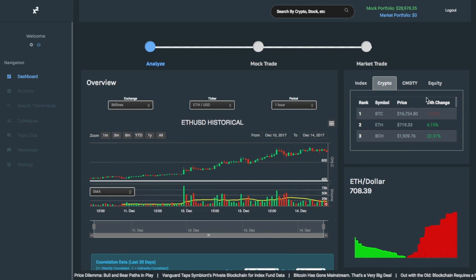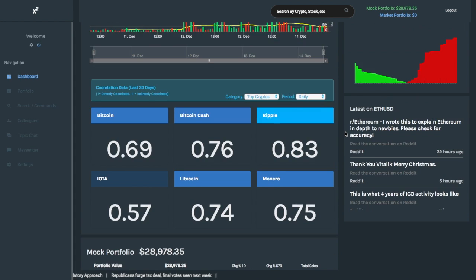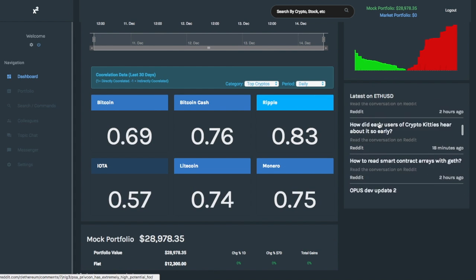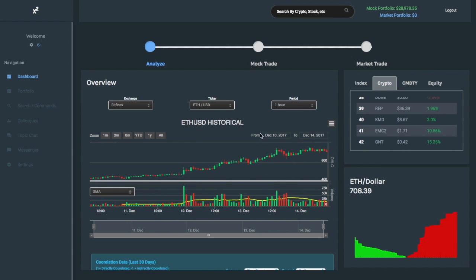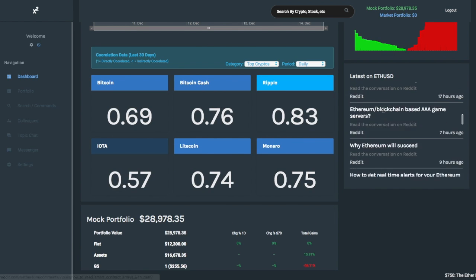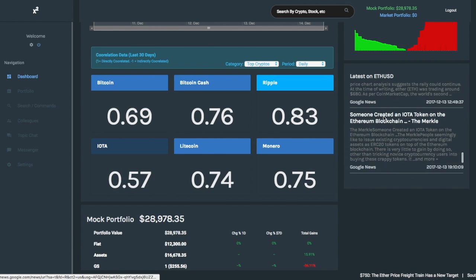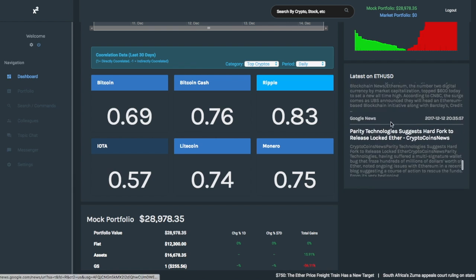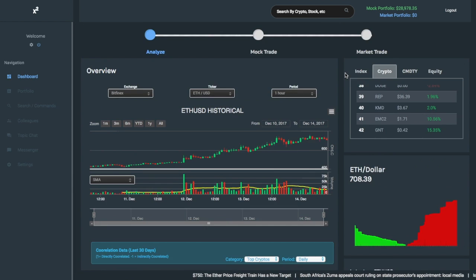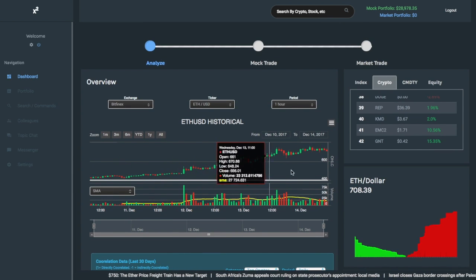So one interesting thing that we've added is a live ticker down here with global news and business news as well as crypto news. Of course, we still have the relevant news to whatever cryptocurrency you're on. So for example, I'm on Ethereum, so I can see the latest Reddits, the latest news in general, and what's happening, what traders are talking about. And we have what we covered last week, which is just a candlestick. I can switch periods, etc.